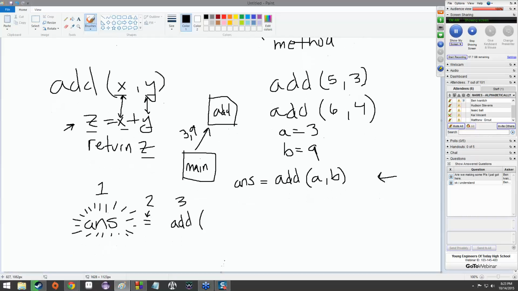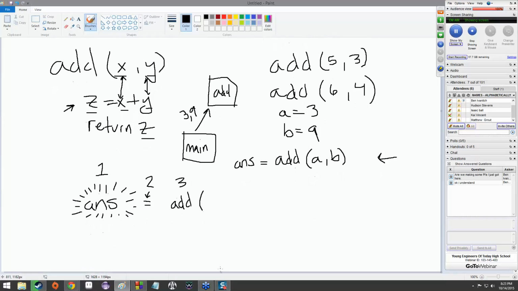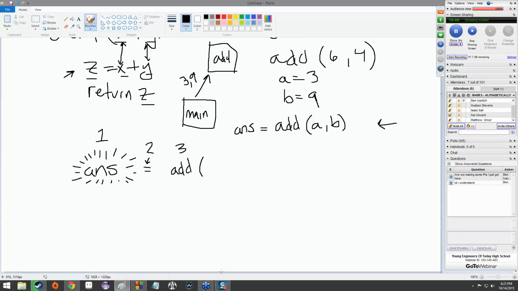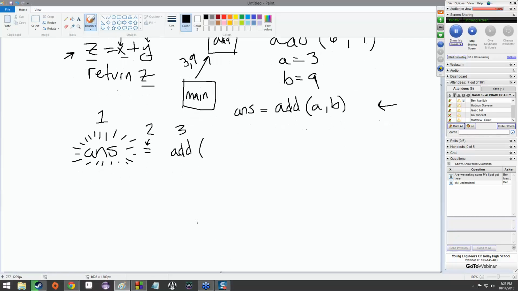Let me just give myself a little bit more space. I really wish there was an easier way to do that. Okay, that should be plenty. So add gets opened up. Boom, we've got add. And it goes, hey man, you got an x and a y for me? And it goes, why yes, I do. I've got an a and a b. So this is 4, and that was 5. These values get fed in.